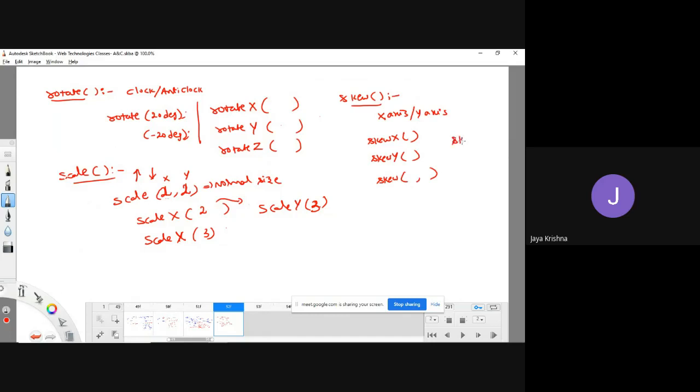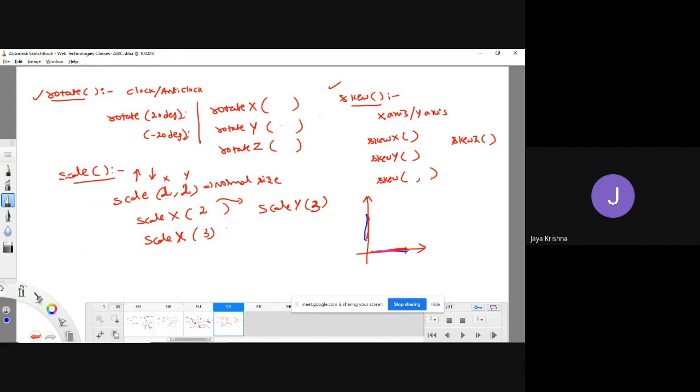Similarly, you can go for the z-axis also. You can pass 3 parameters here. Observe. The difference between the rotate method and the skew method is that the rotate method is going to rotate completely, either in the clockwise or anti-clockwise direction. But in the skew method, the element is fixed to either the x-axis or y-axis.